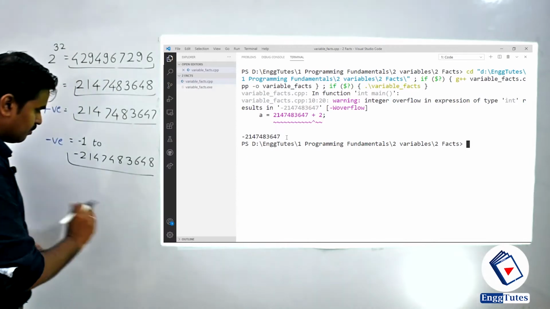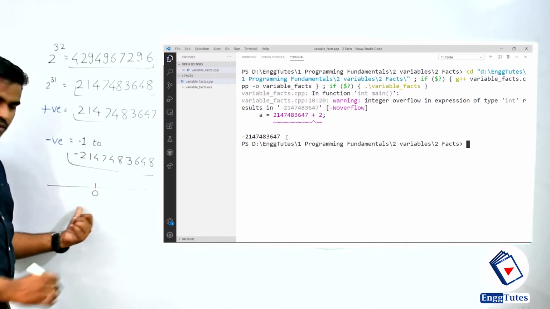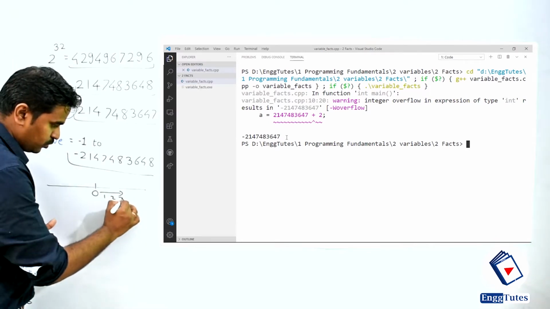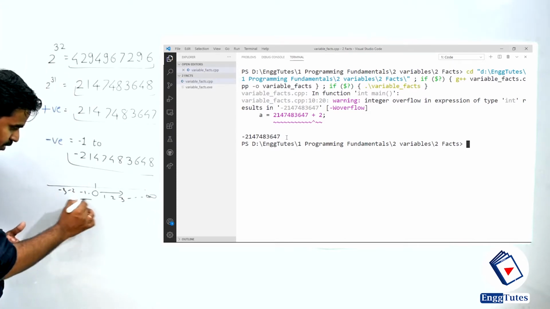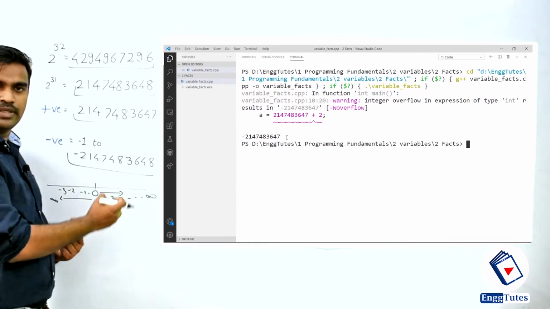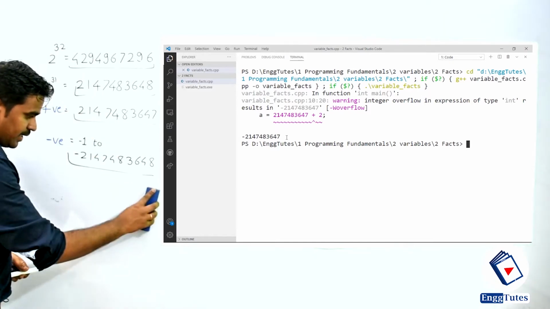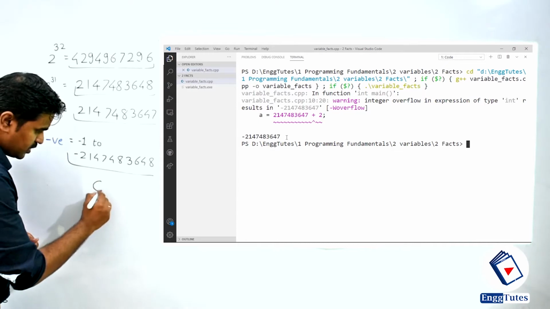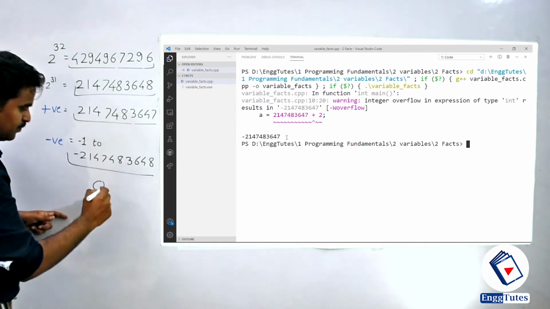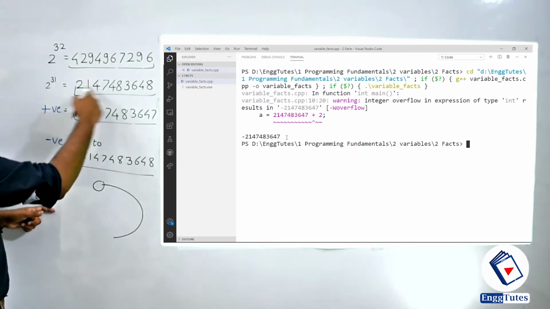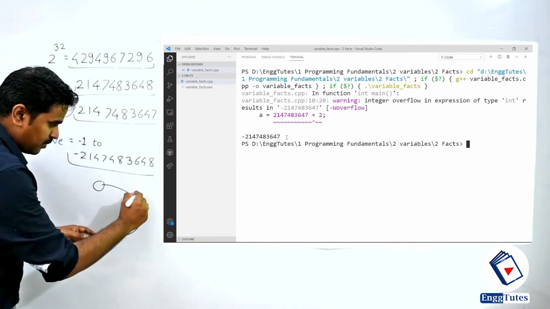So usually our number system is in this particular format: in the middle there is 0, and over here there are positive numbers 1, 2, 3, 4 up to infinity, and on the left hand side there are numbers -1, -2, -3 up to infinity. This is our normal number system. Okay, but as far as the computer system is concerned, I know that my positive numbers start with 0. And how much is the maximum positive number I can store? From 0 to this particular range, that is nothing but 2 to the power 31 - 1. Okay, this many positive numbers I can store.